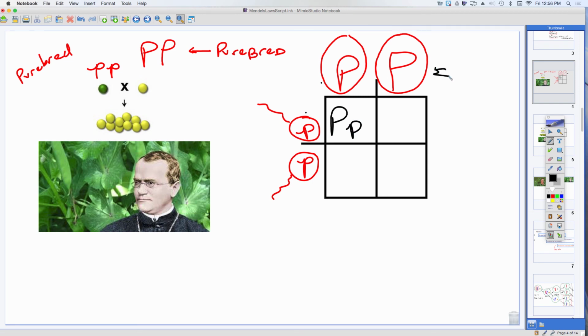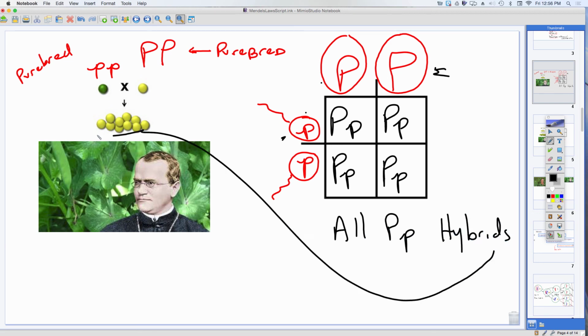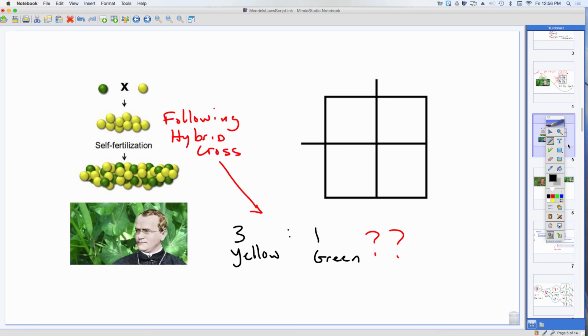And when we do a Punnett Square, we're saying, hey, what's going to happen when this sperm and this egg get together? Well, we get big P, little p. Well, what about when this egg and this sperm get together? Big P, little p, and big P, little p, and big P, little p, and all are big P, little p hybrids,